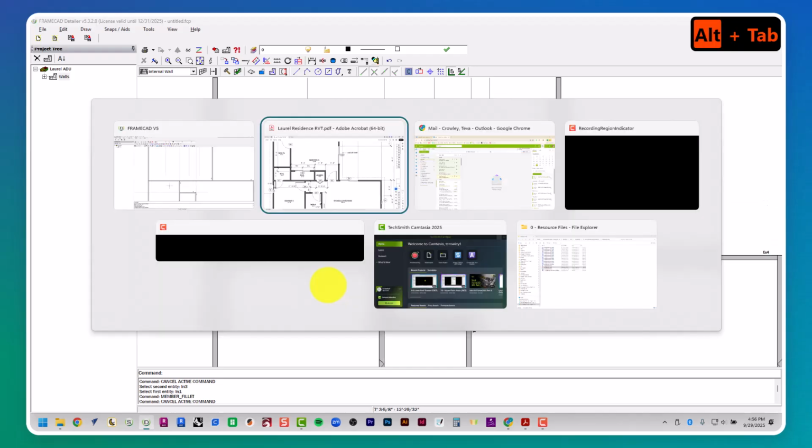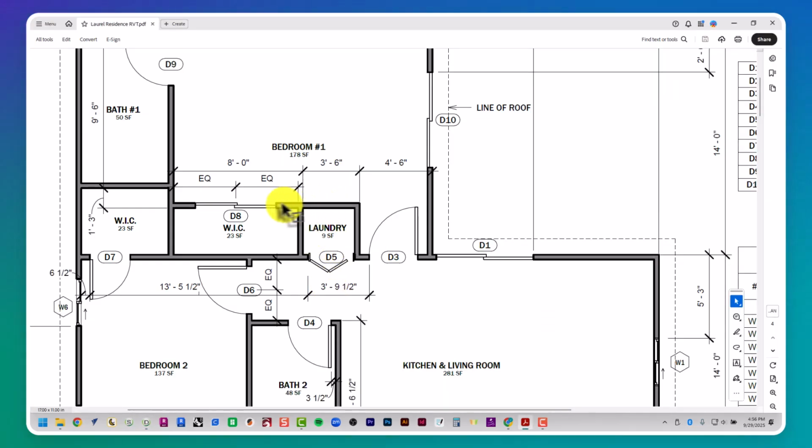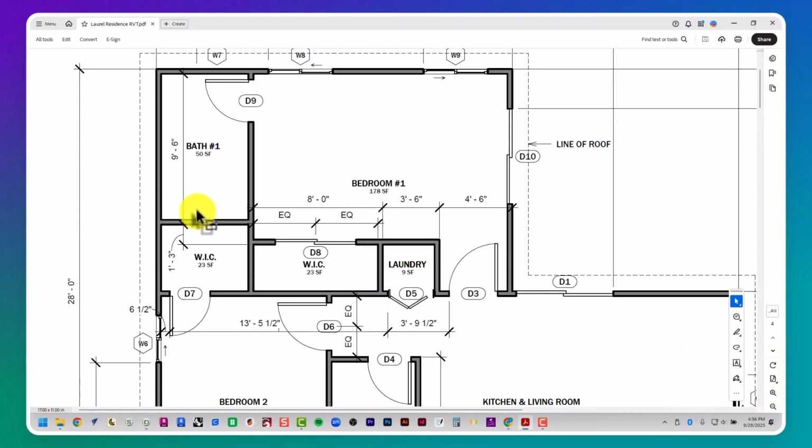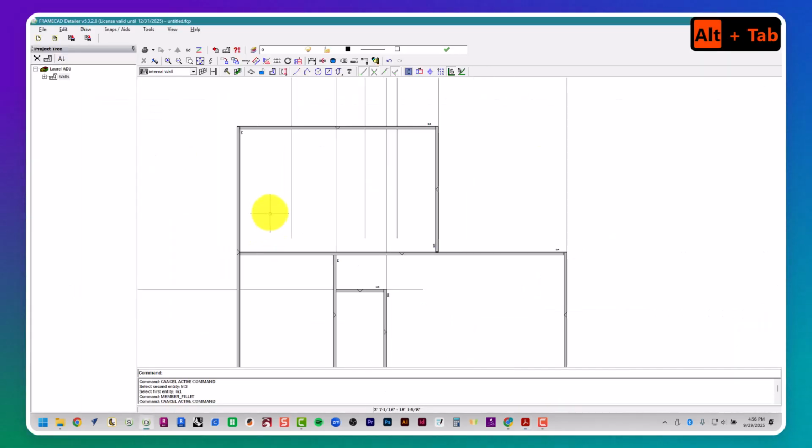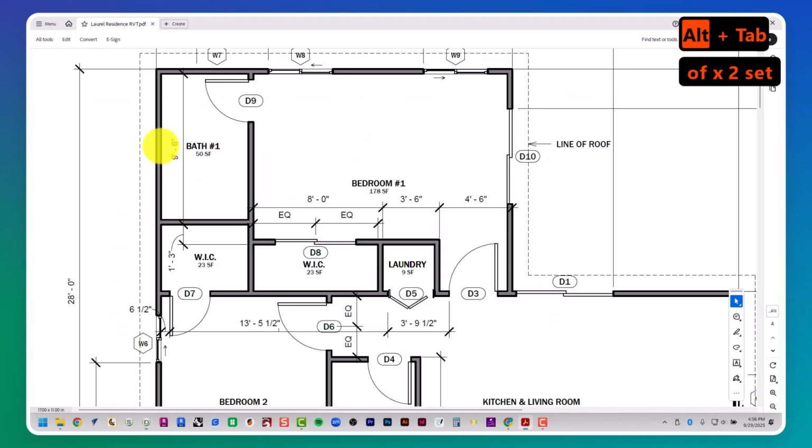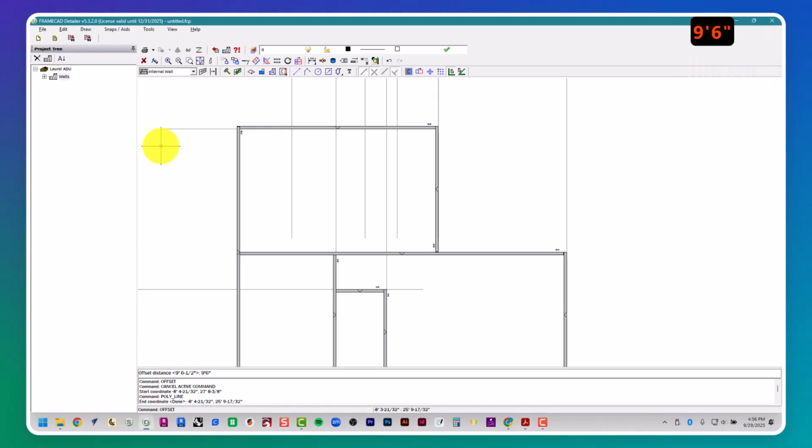Okay. And then let's figure out where this line is. According to this floor plan, 9 foot 6 from here to here, and then 1 foot 3 from here to there. So let's go ahead and make some more polylines. Make a polyline way over here, offset. Let's go 9 foot 6 inches, and offset this way, and then 1'3",